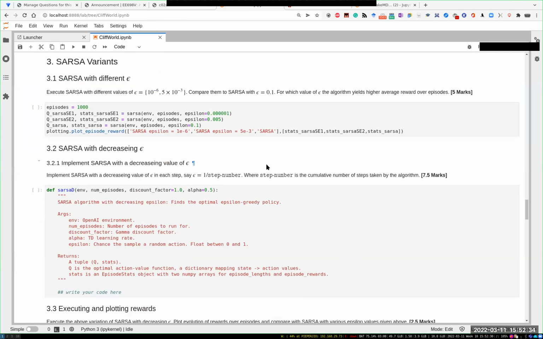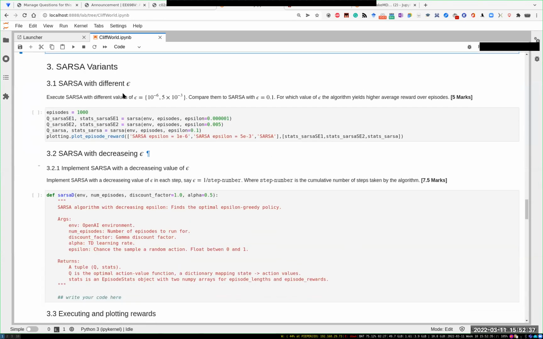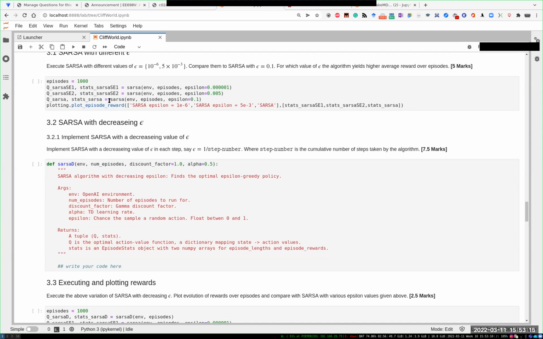Let's go ahead and see the third part, which discusses various SARSA variants. For the SARSA variants, we'll implement the SARSA algorithm with various values of epsilon. These values of epsilon affect the policy, that is, the behavioral and the target policies as well, which is the same for SARSA. So we'll do this for various values of epsilon. We have already done it for epsilon 0.1. We'll do it for epsilon 10 to the minus 6 and 5 times 10 to the minus 3. And we'll see how they perform and what policies are generated from them and how the learning happens in that